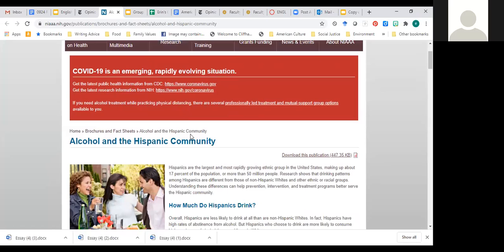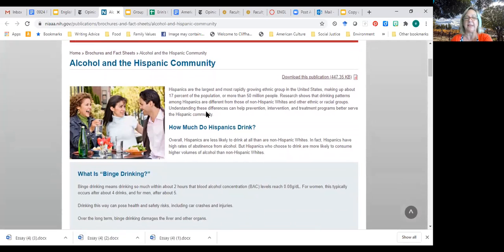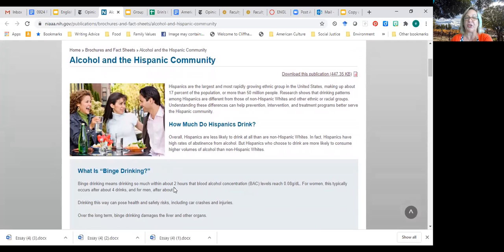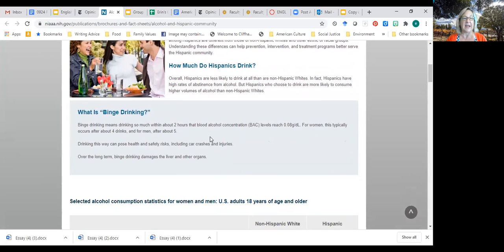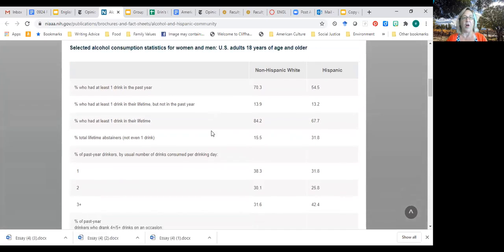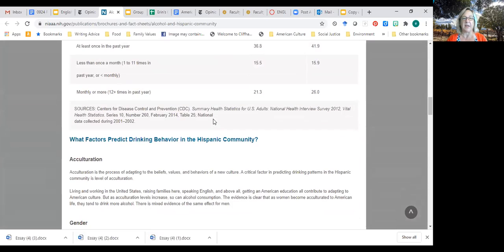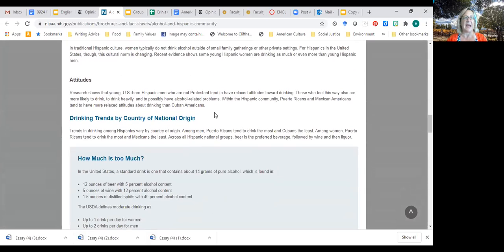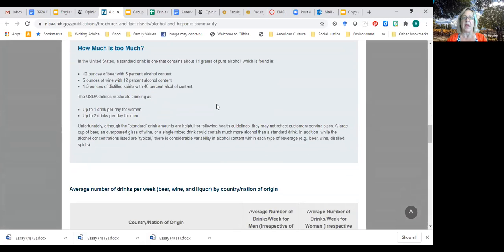Okay, so now every one of those links takes us to evidence. And this is from the National Institute of Health, which we generally think of as very credible. This is a publication based on science and statistics and data. And so we have all kinds of surveys and details, narrowing it down. And that's all what he's doing.